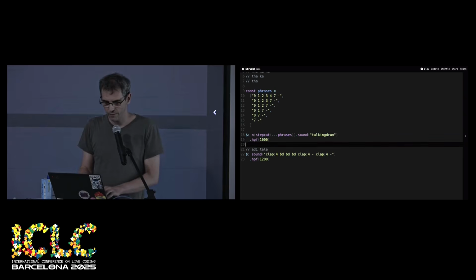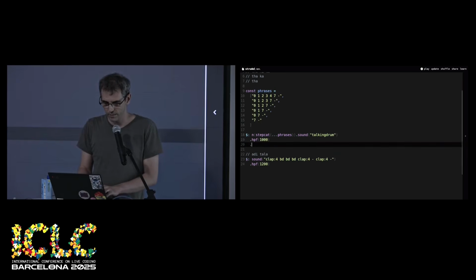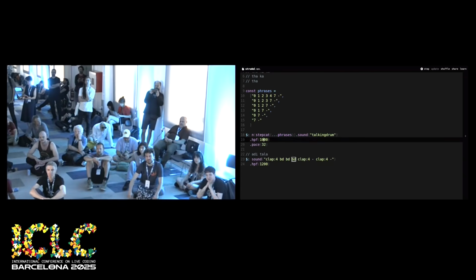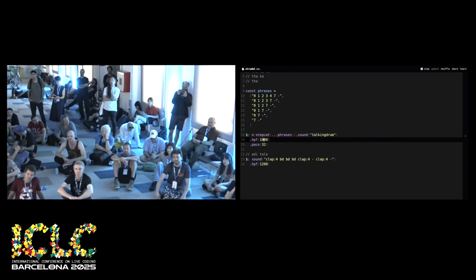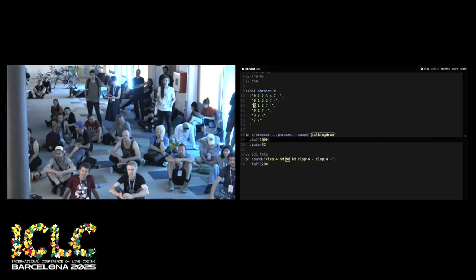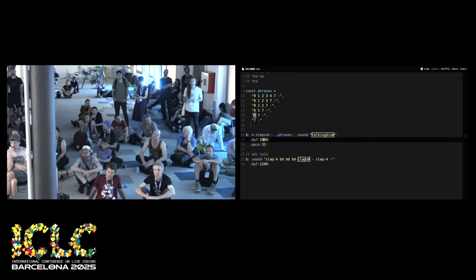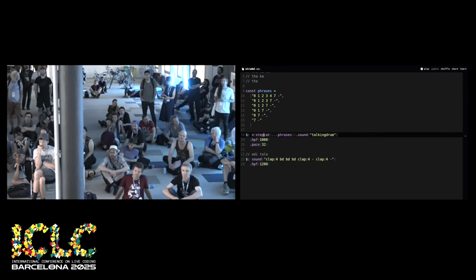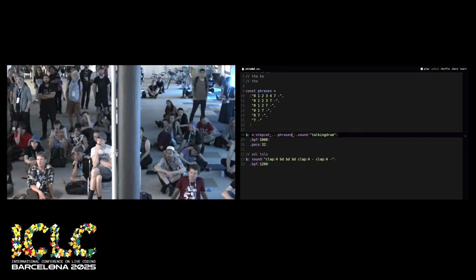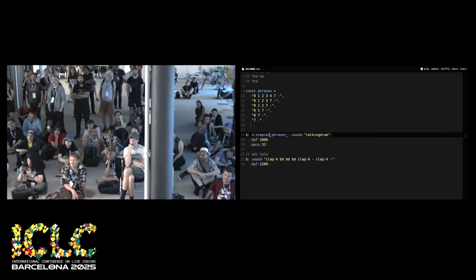Yeah, that's not fitting because I didn't set the pace to the right speed. So that's nice. I'm going to repeat that 3 times using